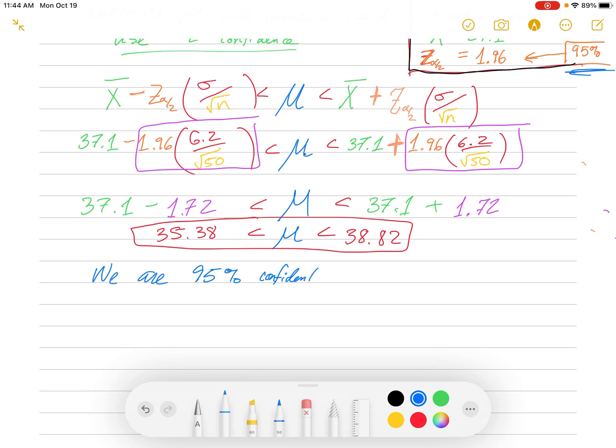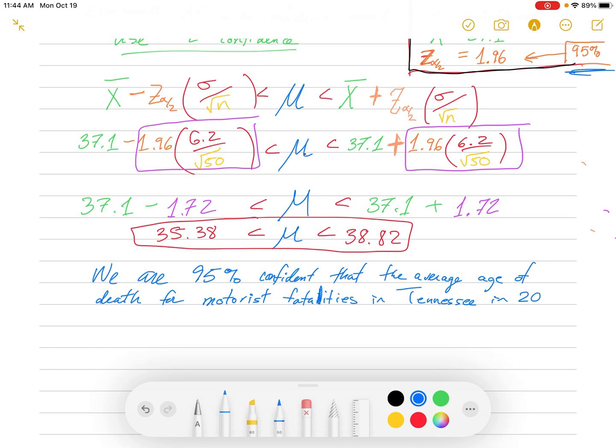That was our confidence level. 95% confident that the average age of death for motorist fatalities in Tennessee in 2019 was between the ages